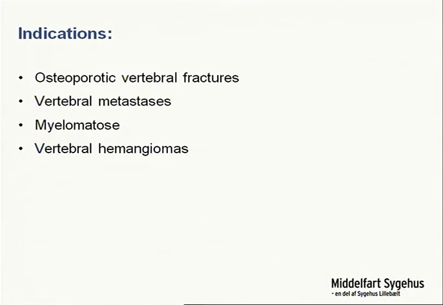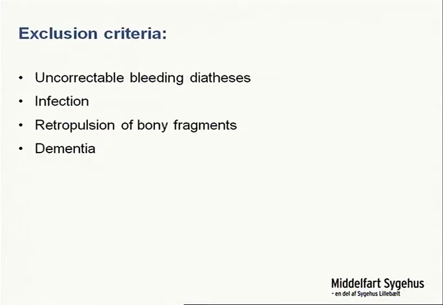The primary indication when first described back in '84 was vertebral metastasis, but during the 90s it suddenly became osteoporotic vertebral fractures that were the main indication, but in myeloma it's a very good treatment too. The exclusion criteria are, as you can see on the slide, infections, retropulsion of bony fragments, and dementia. Dementia is not a real contraindication, but I use it as one because I'm treating the patient in local anesthesia, so you need the patients to be able to cooperate,